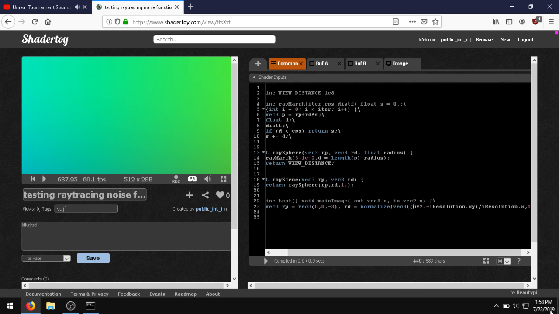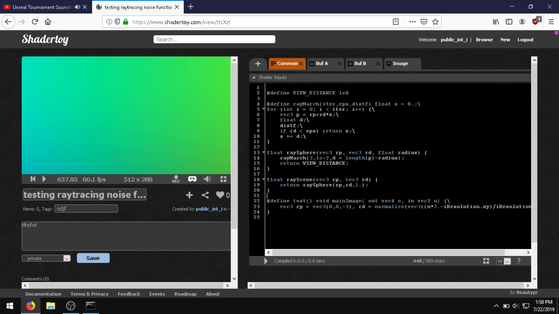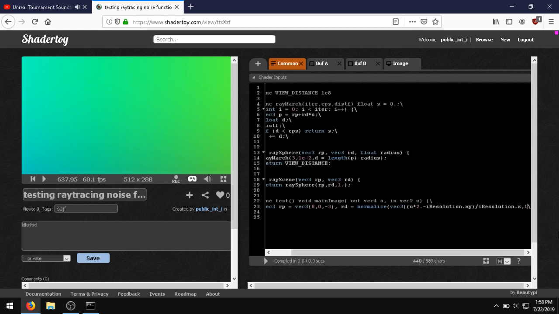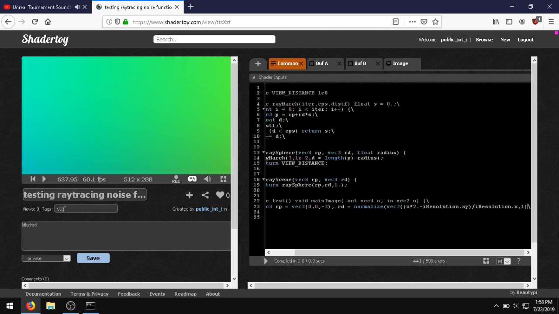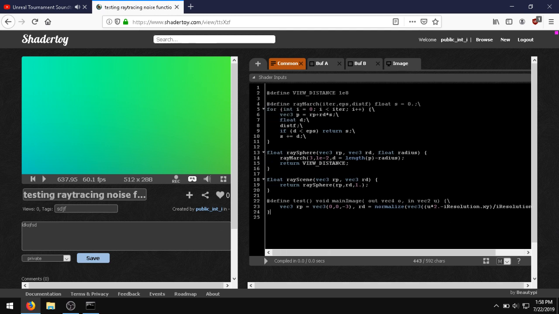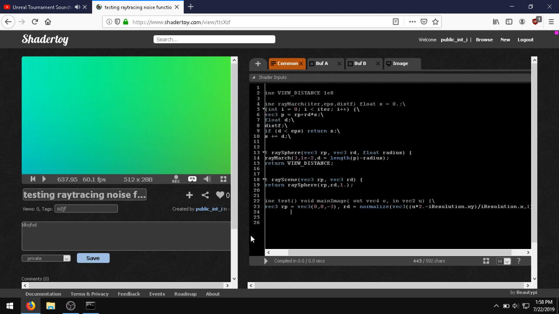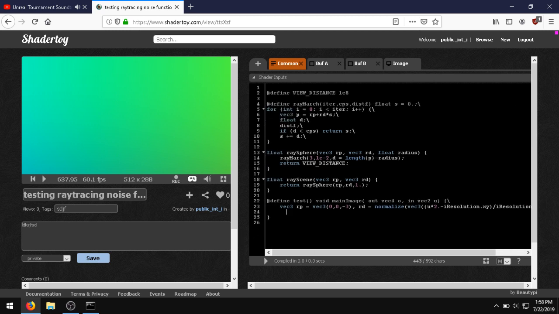Point the ray direction forward on the Z. Alright, now